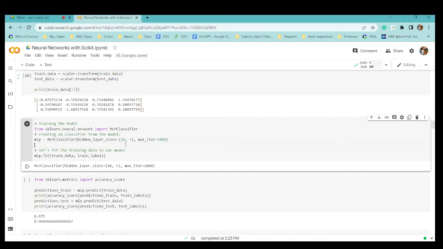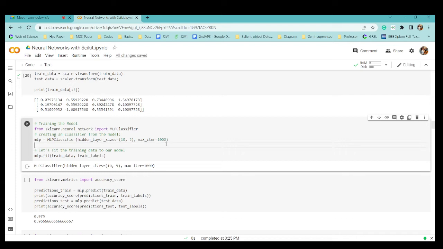I'm taking the hidden layer as 10 comma 5, meaning my first hidden layer has 10 neurons and my second hidden layer has 5 neurons. Okay. And maximum iteration means 1000. Iteration means keep iterating. What I mean is, if you have done once the entire process of calculating the weight, bias and everything, do that 1000 times. Depending on the amount of data you can do it. Since the iris data is not that big, 1000 iterations is good enough.